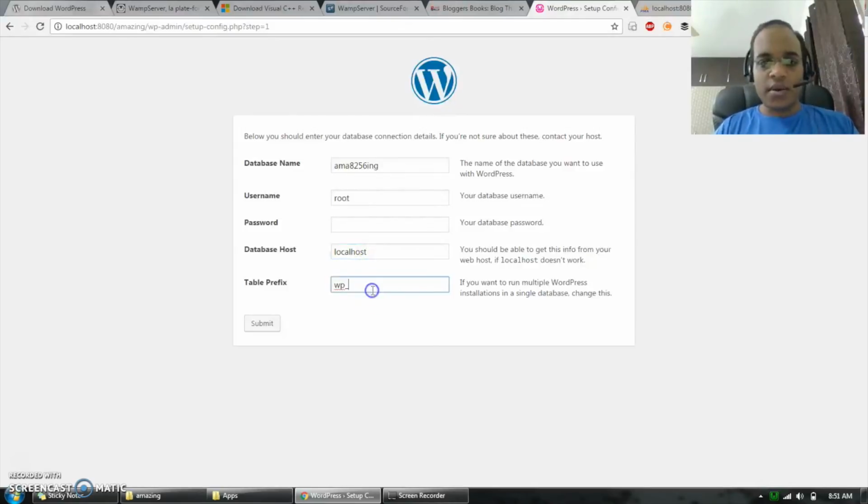So there is no other database host than this one. And the table prefix, normally with all the WordPress installations it is WP underscore, so it is easy for the hacker to guess what is your database installation, what is your table prefix, because by default it is WP underscore. If you do not change it, then there is a high chance that your site could be, like, it's dangerous, right? So in order to have the table prefix, what I suggest is, instead of WP, just remove,